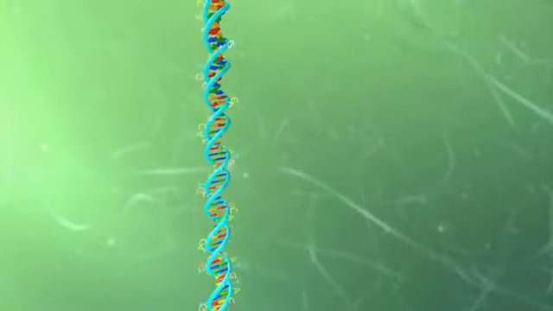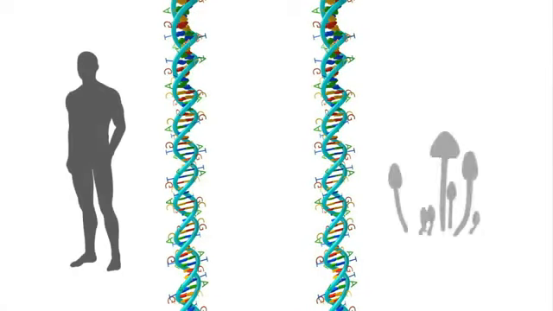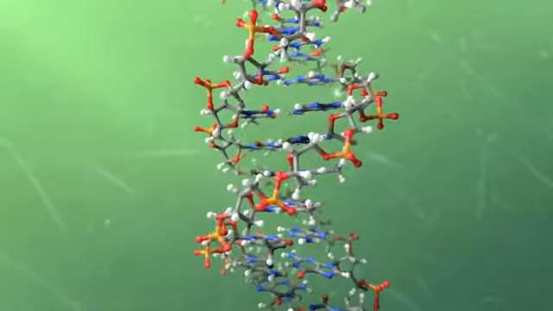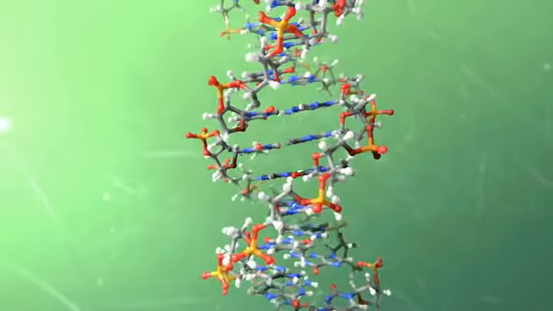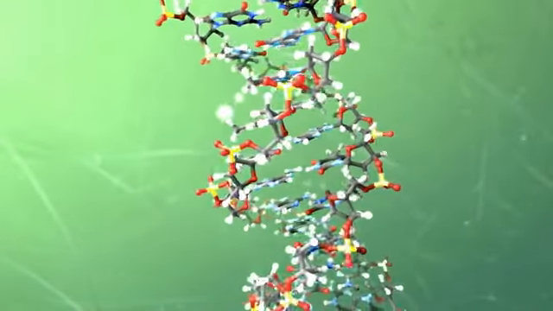That information is stored in a very long but quite simple double molecule called DNA, or deoxyribonucleic acid. And the DNA of every living organism is made of chains of 4 smaller molecules called nucleotides. What dictates the difference between a man and a mushroom is the sequence of these nucleotides in the long DNA chain. The 4 differing nucleotide parts, called bases, are made of a few carbon, oxygen, hydrogen, nitrogen, and phosphorus atoms,